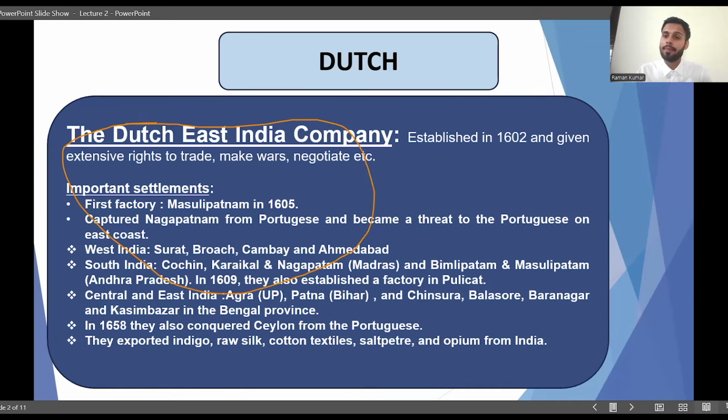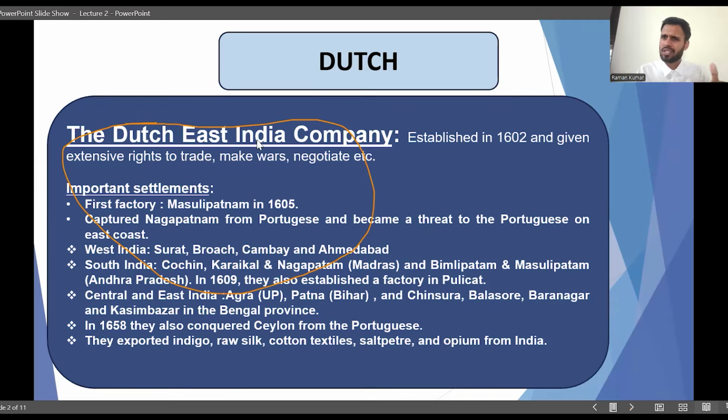About the Dutch and Danes, we do not have to remember their officers and further details as we have to do for the Portuguese, English and French, because these two powers were comparatively smaller. They did not really affect Indian history in a major way. They were just passersby. Now we will come to the decline of the Dutch.